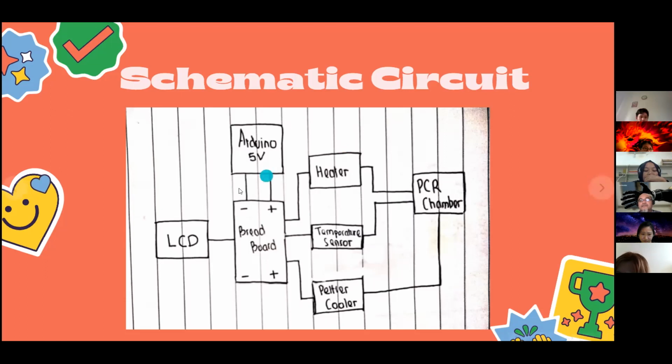So when the current flows through the junction of two conductors, heat is removed at one junction and cooling occurs. So heat is deposited at the other junction. So the main application of the Peltier effect is cooling. I know it doesn't really make sense. So,